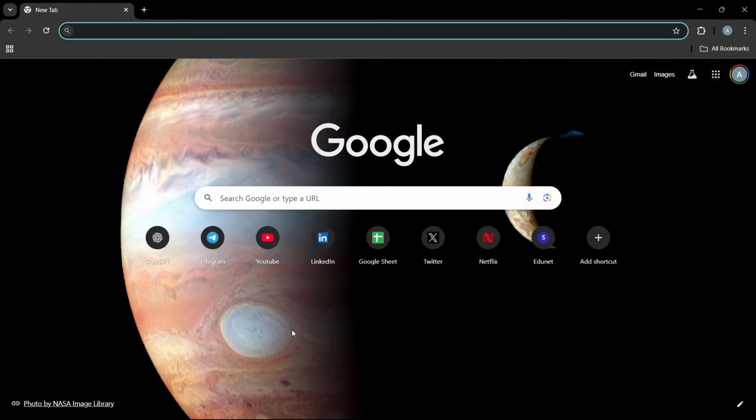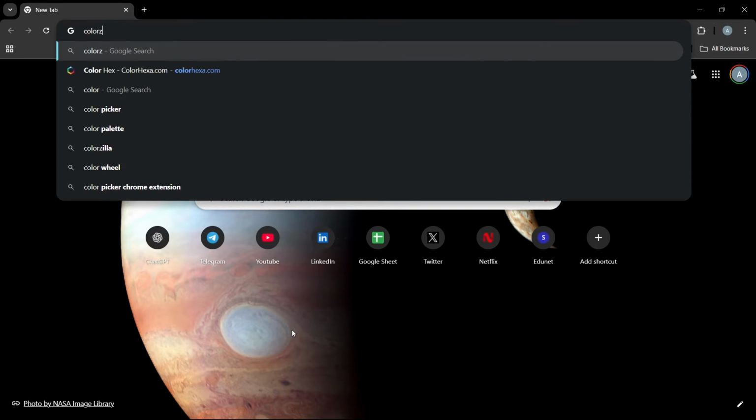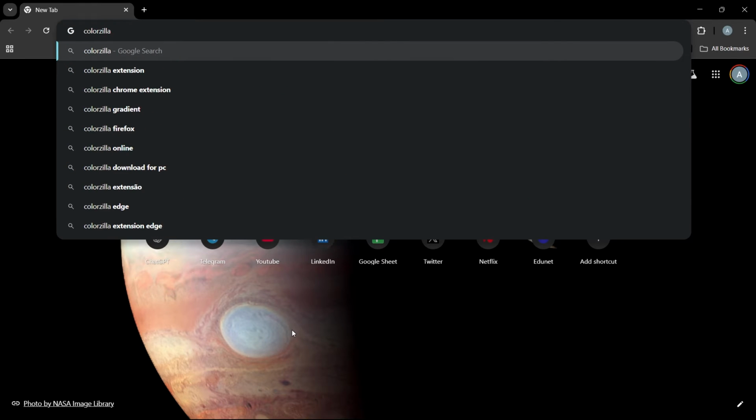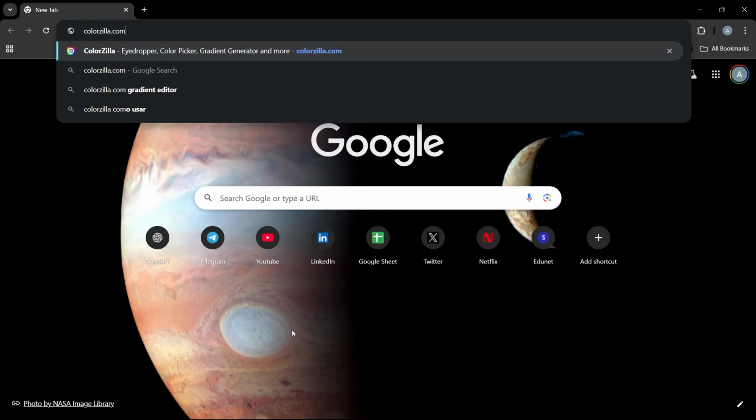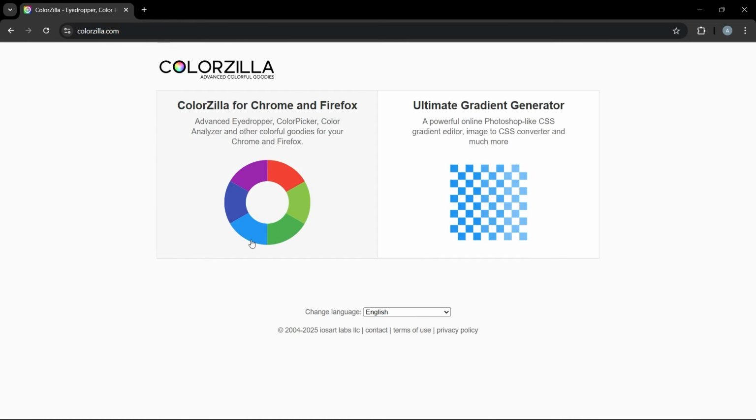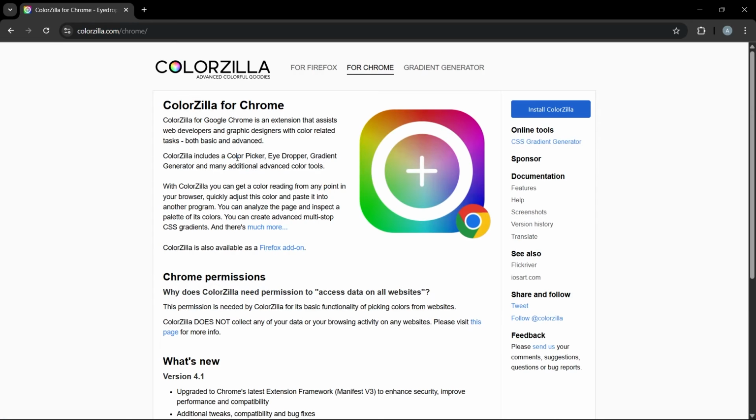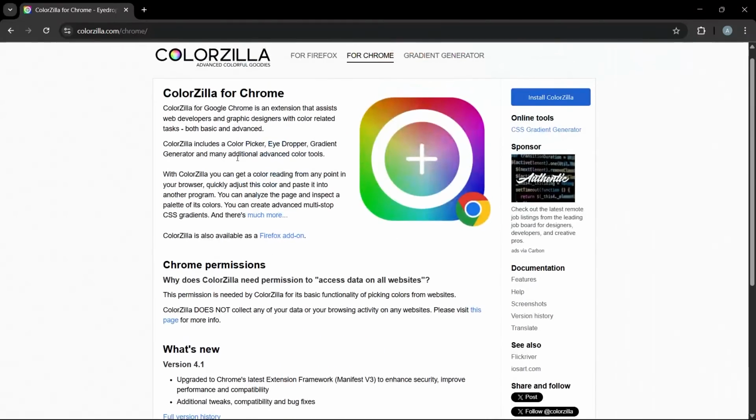Now, in order to do it, all you need to do is simply open any browser you have, and here you have to search for Colorzilla. Just simply write it and hit .com. Once you do that, wait for the site to respond. Now here it will say you have to click on this option, which is ColorZilla for Chrome and Firefox. Once you do that, it will ask you to install